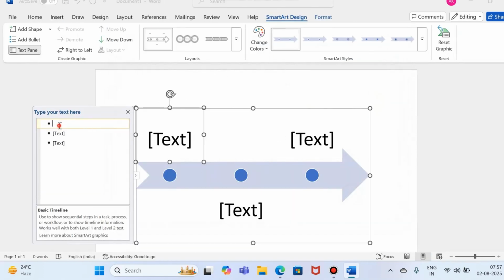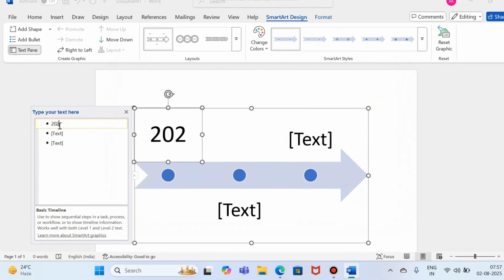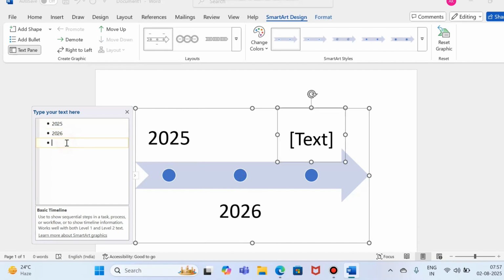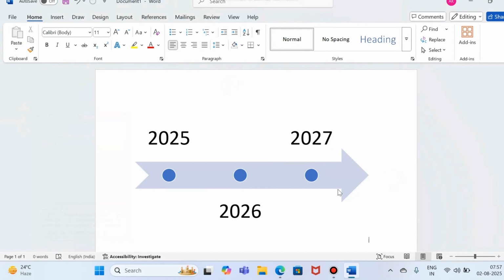Now guys, as per whatever suits you, you can give your text here. So for me, it's like 26, 6, and 27. And after that, guys, if you want to add one more circle,